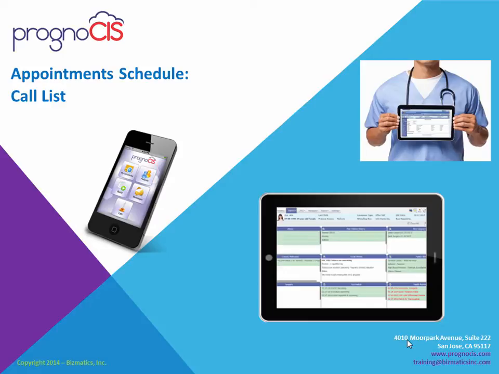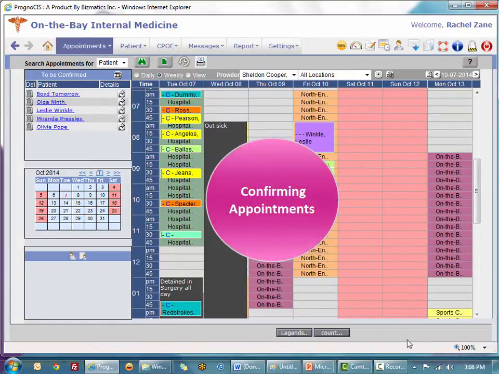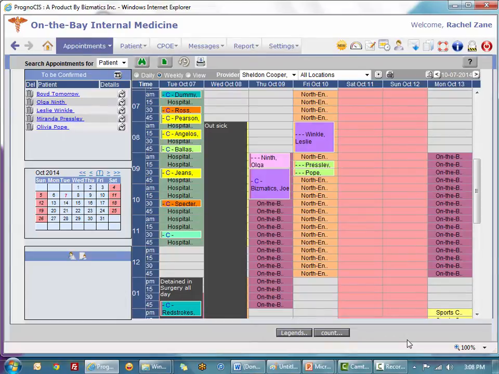Appointment schedule call list. An important part of every front office is the ability of confirming appointments with their patients. The call list within Prognosis has several layers to it. There is a version available on the homepage called Patient Reminders, which is discussed in a separate video. And then there is the call list here on the schedule page, which is what we're going to look at